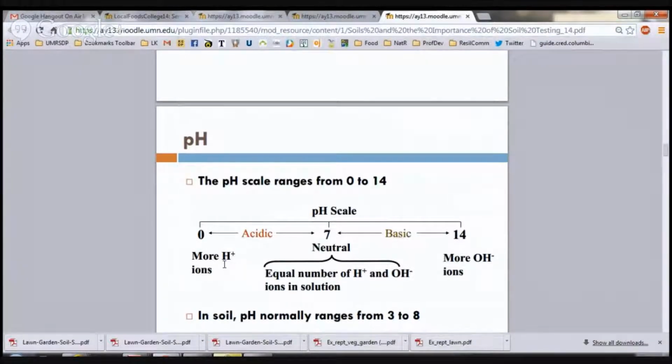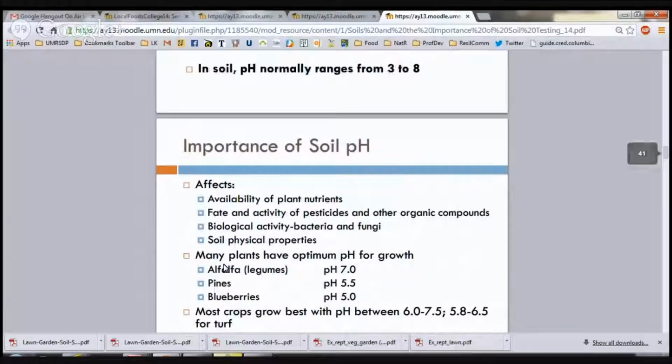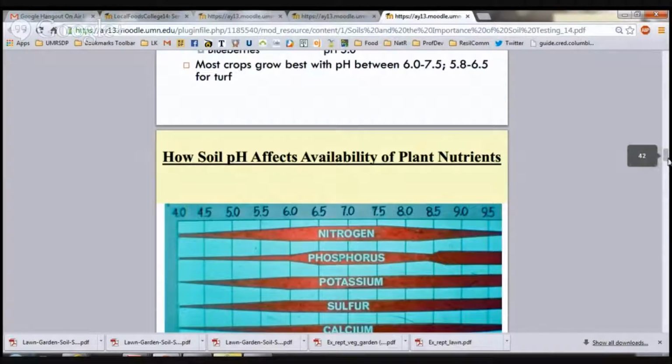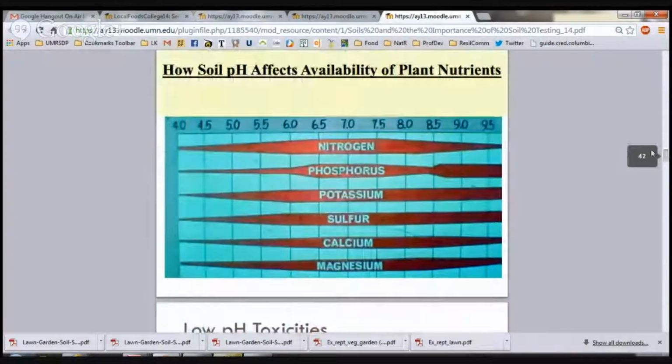Why it's important for nutrients is that all plants pretty much have an optimum pH. And lots of times we're growing things outside that optimum pH, and we need to adjust, okay? So here's an older picture, but it's in every textbook known to man, the availability. Macronutrients, nitrogen, phosphorus, potassium, calcium, magnesium, sulfur, are going to be more abundant in the soil around neutral pHs. Whereas micronutrients like iron and boron are going to be more abundant at acidic pHs, except for